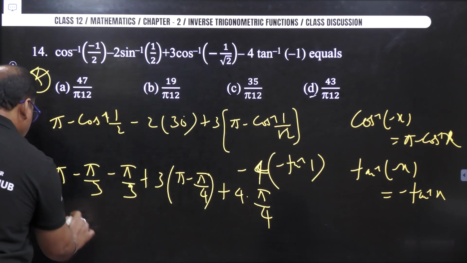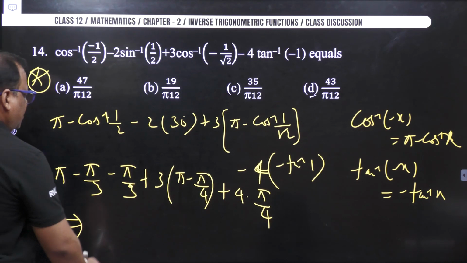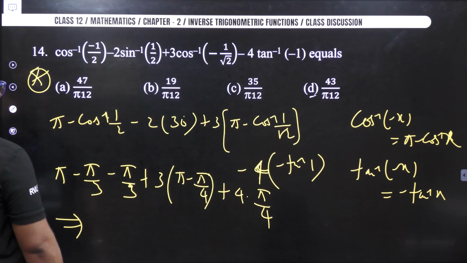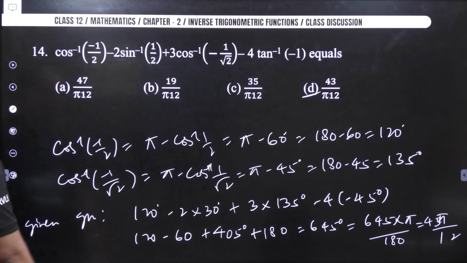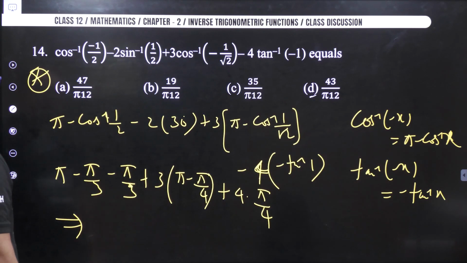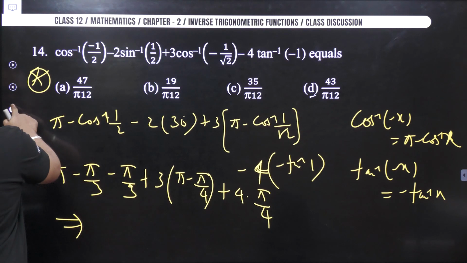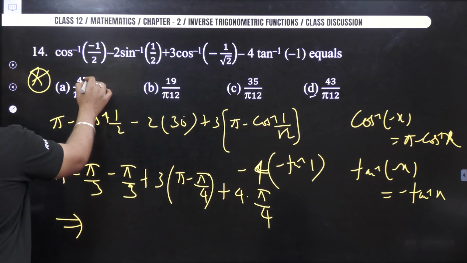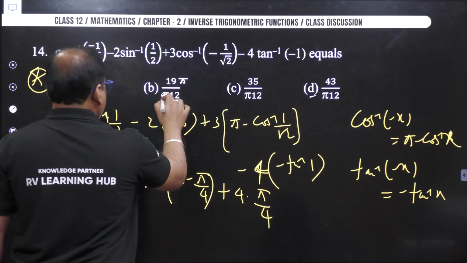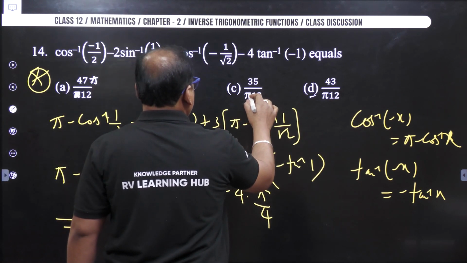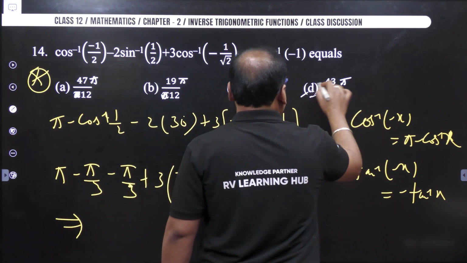So you take the LCM and you solve it. The answer is 43 pi by 12 it comes. Okay, 43 pi by 12. They have given it wrongly. Pi must be here. Pi must be in the numerator. 90 pi by 12. 43 pi by 12 by